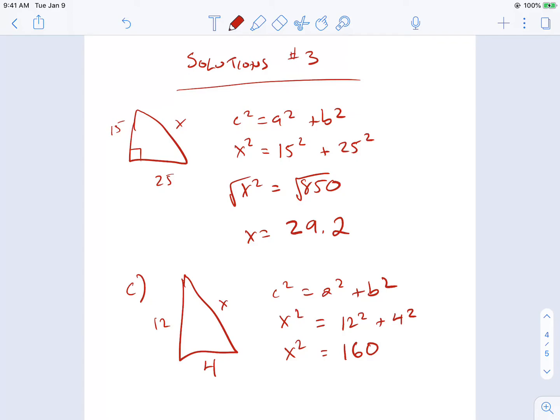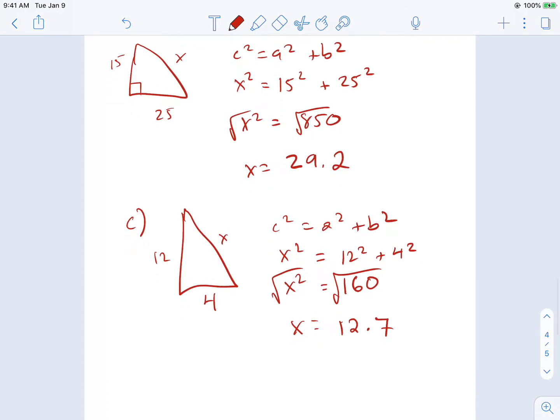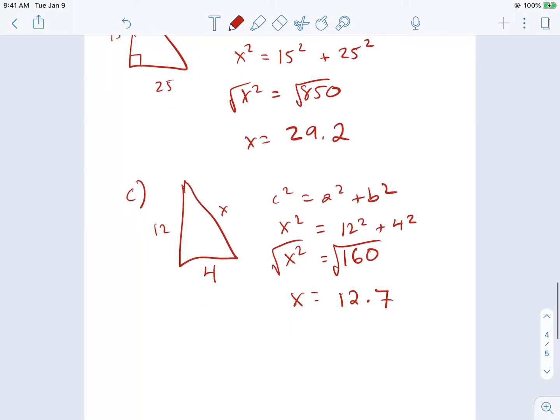And then from there, we want to take the square root again. So we're going to take the square root of this side, take the square root of that side, and we get x equals 12.65, which really rounds up to about 12.7, so somewhere in that range there. Okay, next we'll move on to number